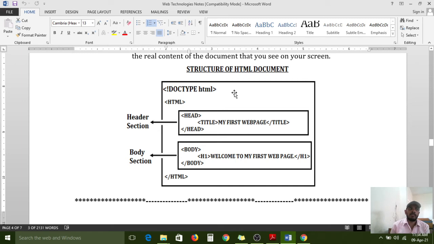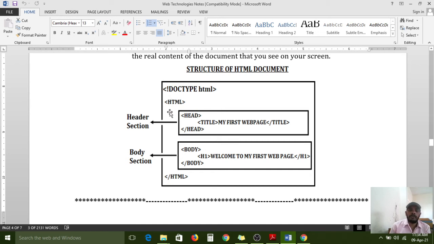But while learning, sometimes if you haven't typed that, no problem, because it is a learning stage. But while developing in real time, the doctype declaration is mandatory for real-time projects. So from now onwards, don't forget this one. Compulsorily you have to use it in your development.